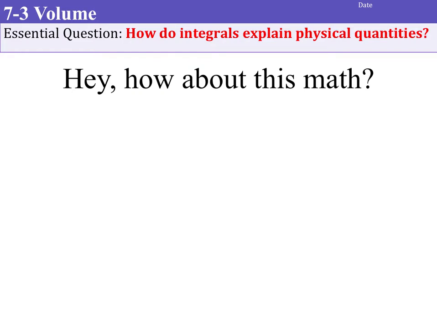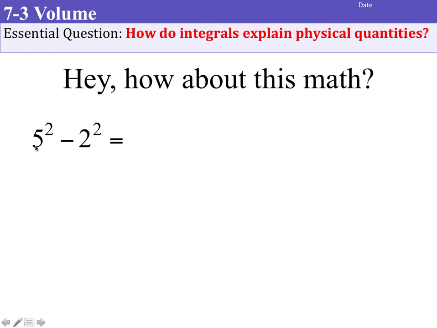So this part of 7.3 is for the washer method for determining volumes of surfaces of revolution. And so we're still working with this essential question of how do integrals explain physical quantities. So just to prepare you for some of the computational stuff, we'll take a little look at order